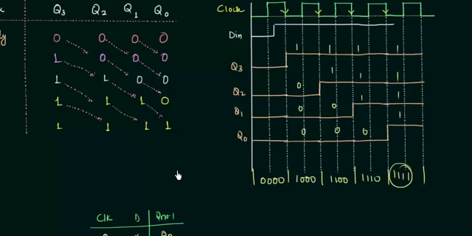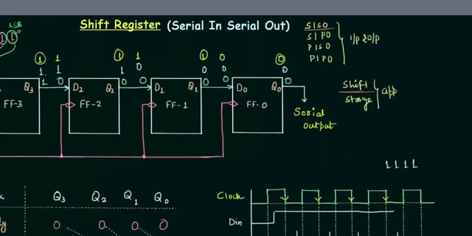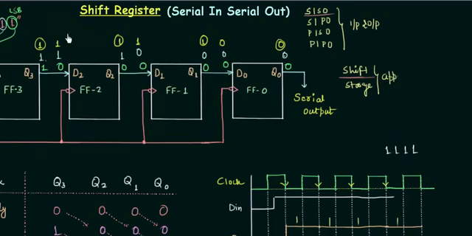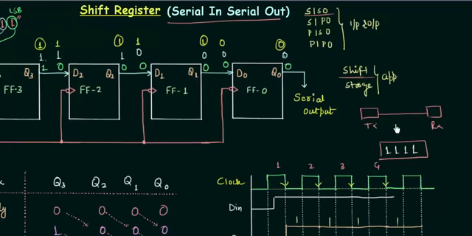Now what are the uses of this shift register, especially if I talk about the serial in and serial out? In this you can clearly see we need 4 clock pulses, 1, 2, 3, 4, to store a 4-bit number, and it is very beneficial when we have long distance transmission. For example, if this is your transmitter and this one is your receiver, and the distance between them is, let's say, 5 kilometers, and the data is entered in serial manner, we require only one conductor.